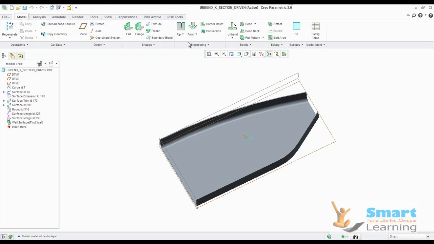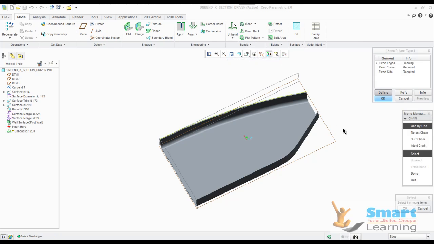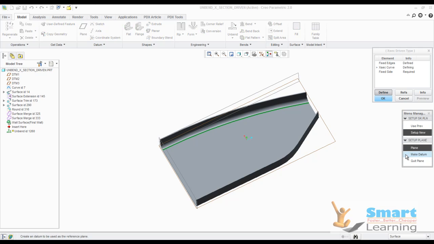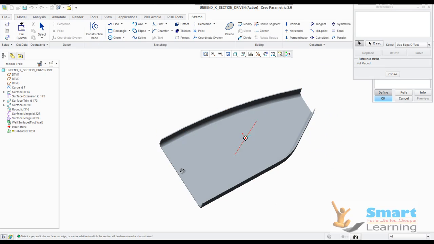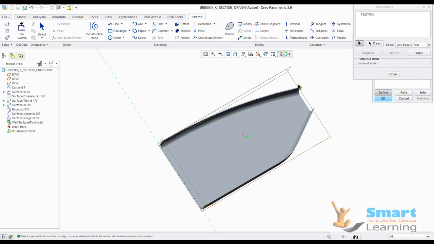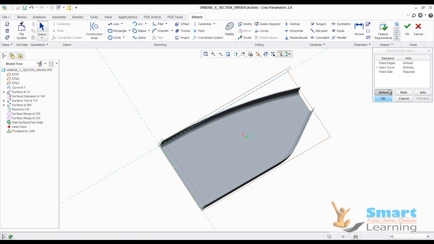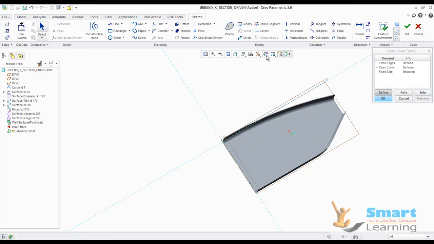So what you can do is, you can go to your unbend, cross section driven bend, and you can select the first chain as the edge, it is your this chain, and when you go to done, you can have a sketch curve here, and you can select the plane, and you can have your reference, this and this as my reference, and now you can have your